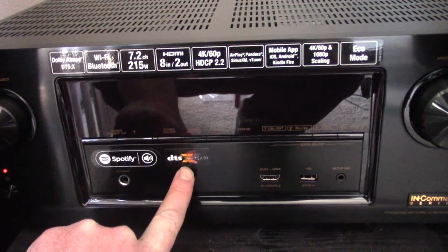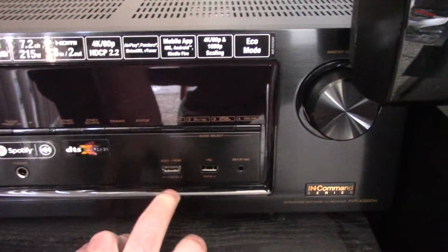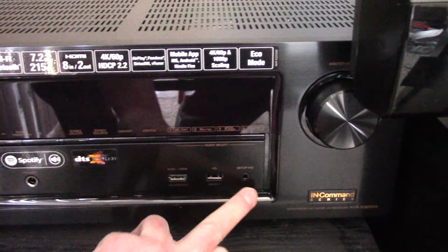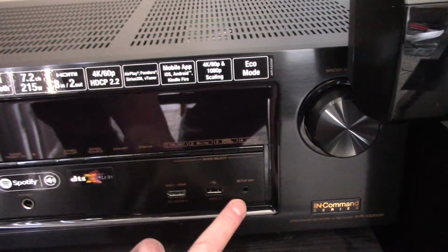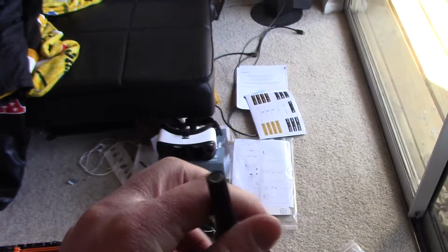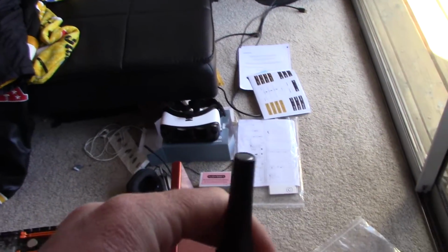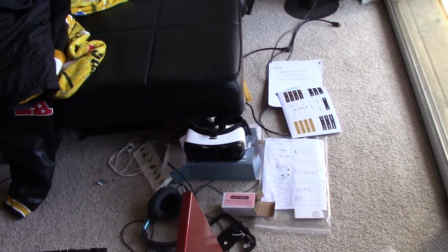And then DTS:X ready, and then also has an output here and also input here, and you also have your audio mic or setup mic here. This is strictly for setting up audio. And that mic is right here. This is what it looks like. And basically, you can do like 3 places in the room, or you can do more places in a room with this mic and have it set it up. So it'll give you the optimum